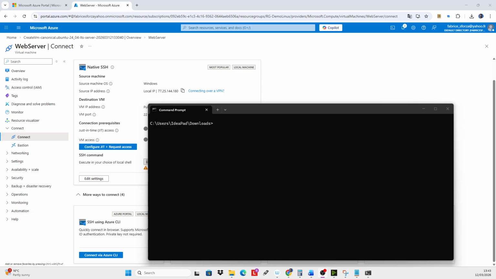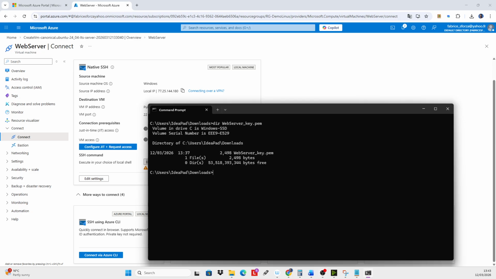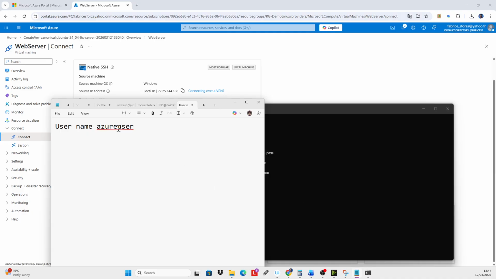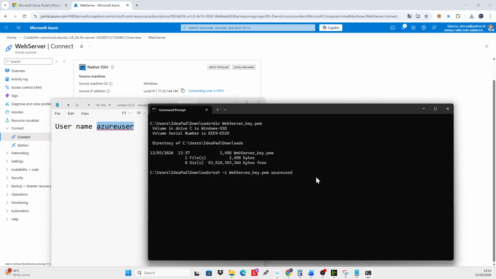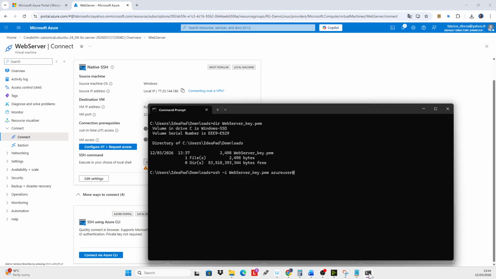So let's try to connect by SSH. If I do dir, okay, I cannot do ls because I need to run PowerShell. So if we try to do SSH, I will put my web server here, and the name of my username, and my public IP address.